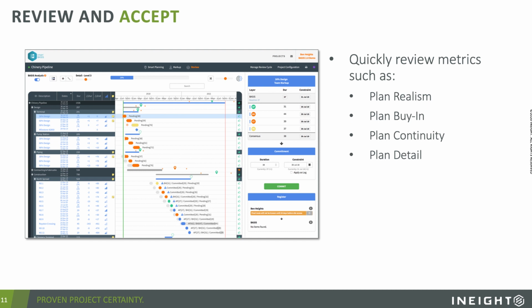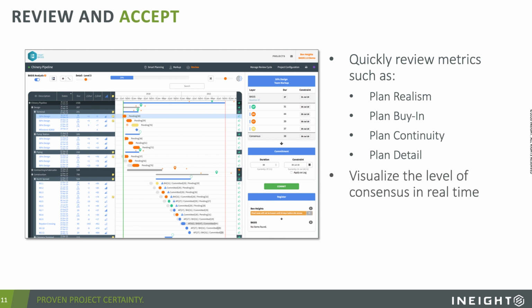And InEight Schedule takes a look at multiple metrics, including the realism of the plan based on your past history, the plan buy-in based on the differentiations between different stakeholders' comments, the plan continuity based on how they've adjusted the sequencing, and the plan detail based on who may have added additional tasks.